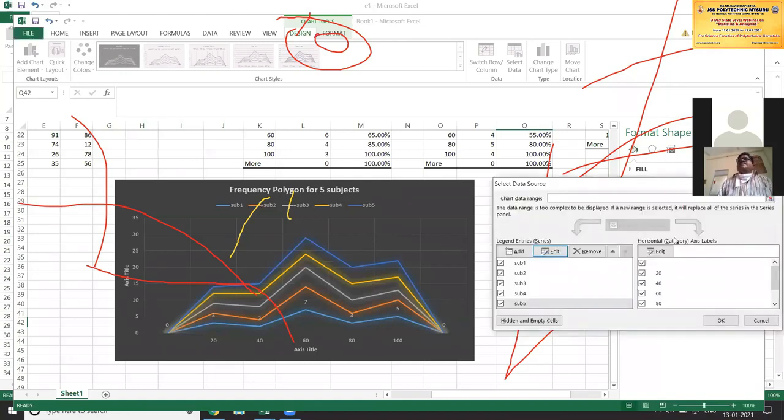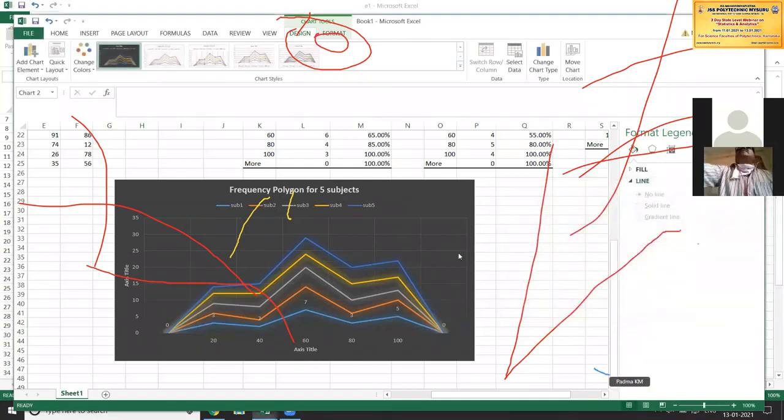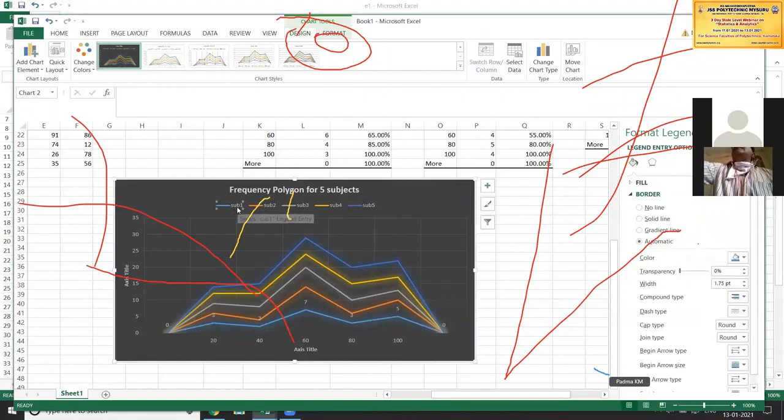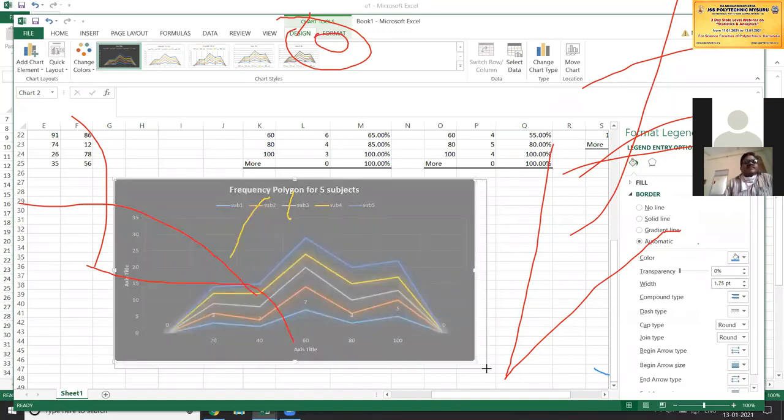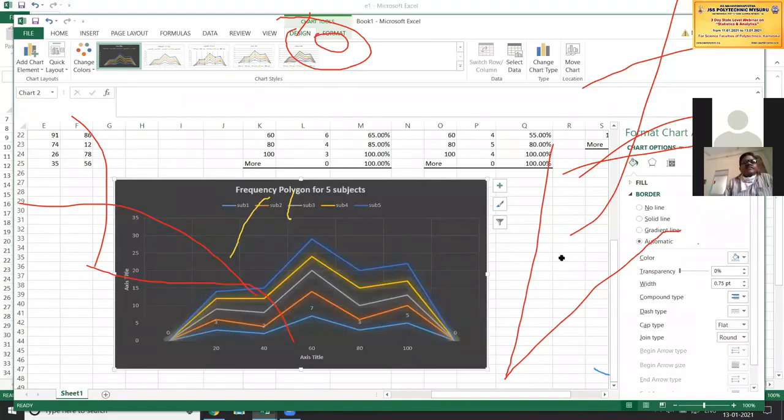So you can see here. Okay, then you click on OK. So you can see here. So blue mark is for subject 1, subject 2, subject 3, subject 4, and subject 5. So this is how we are going to draw the frequency polygon. Now, if you want to write the frequency curve, we have to take the next option, that is